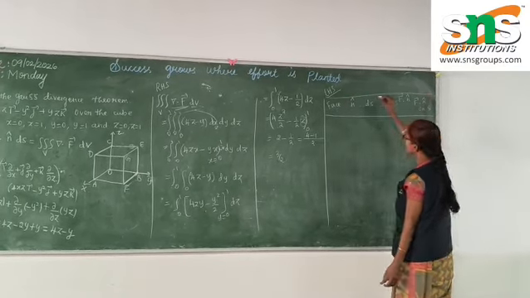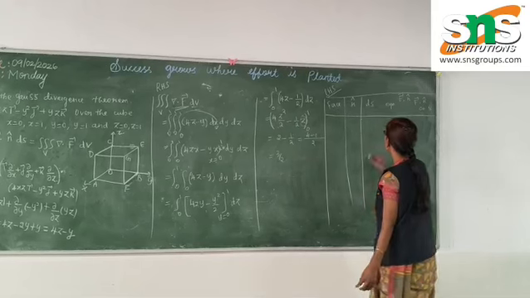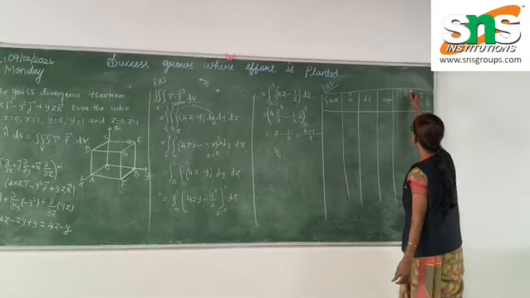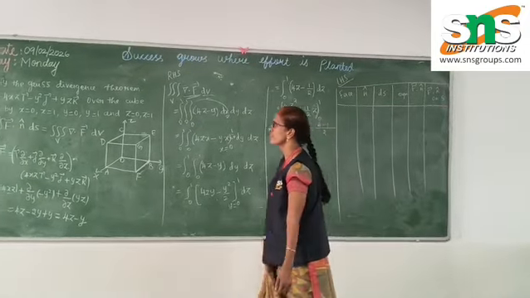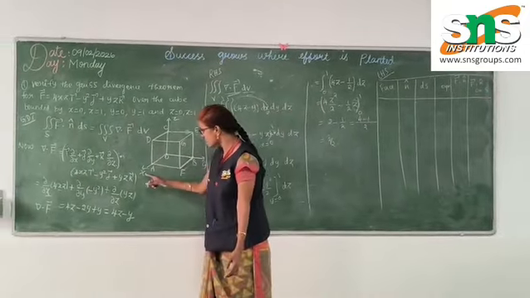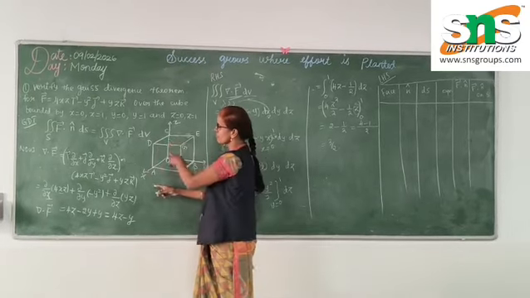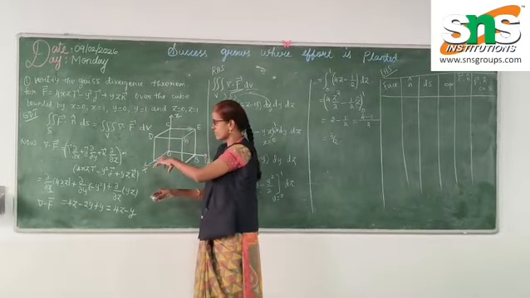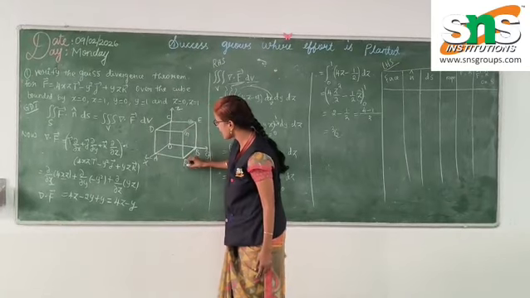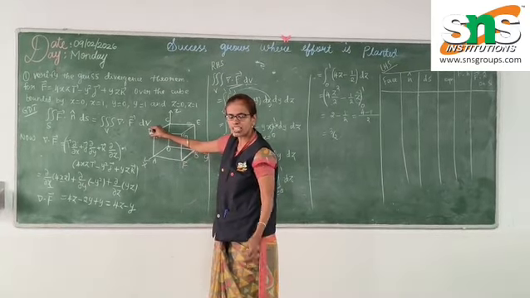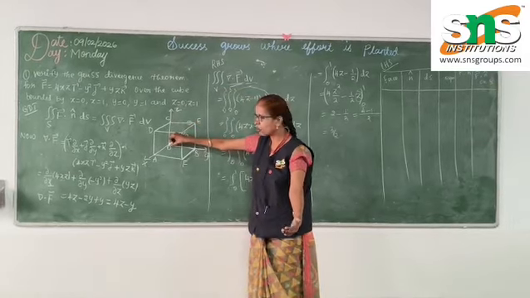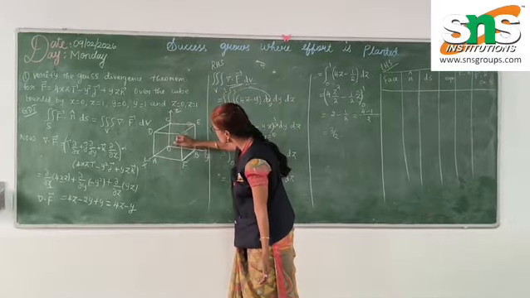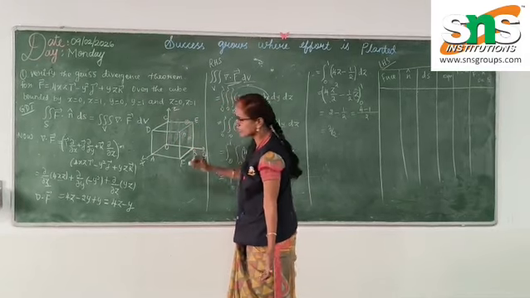Now, how many surfaces do we have? Totally, guys, 6 surfaces. The first surface lies on x direction. X direction is here, and you see which face lies on this direction. The face is A, F, G, D. This face lies on x direction. And opposite to x, you start from O. So this face lies opposite to x.